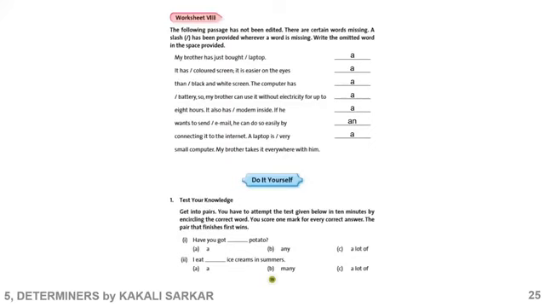Here you see there are three options, three determiners, and you have to choose the correct answer. Have you got a potato, any potato, or a lot of potato? The right answer will be any potato. Now, I eat dash ice creams in summer. Many will not be the correct option because ice creams is plural. A lot of ice creams, because there is no correct number.